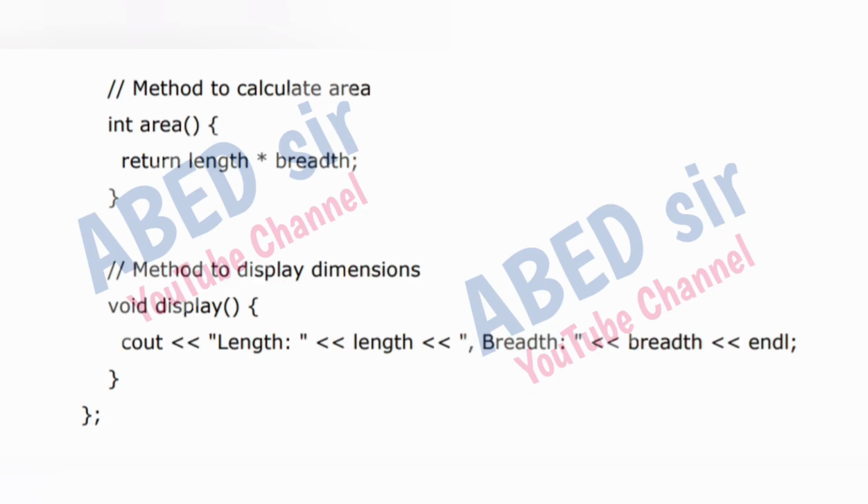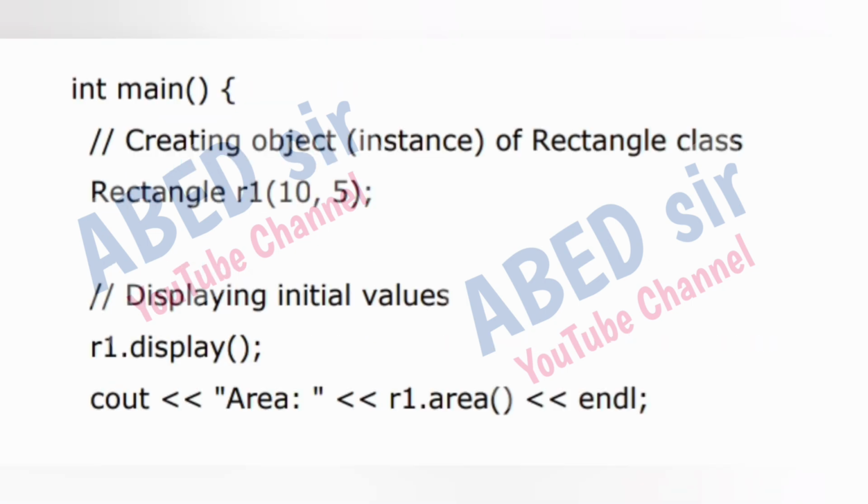Method to display dimensions. void display() { cout << length << breadth << endl; } int main() { Creating an object instance of the Rectangle class. Rectangle r1(10, 5); Displaying initial values. r1.display(); cout << area << r1.area() << endl;